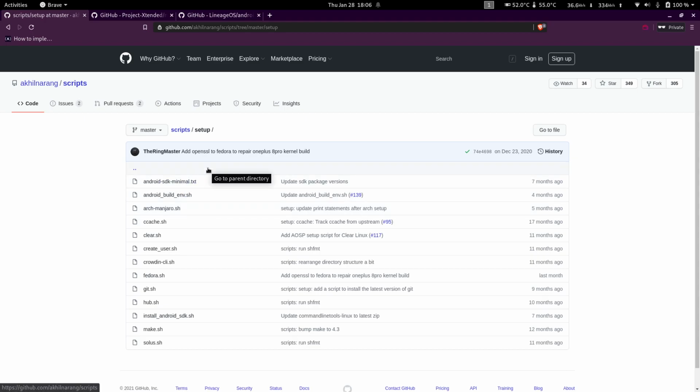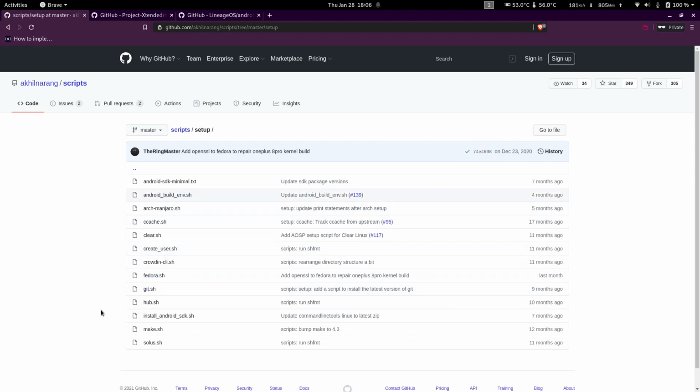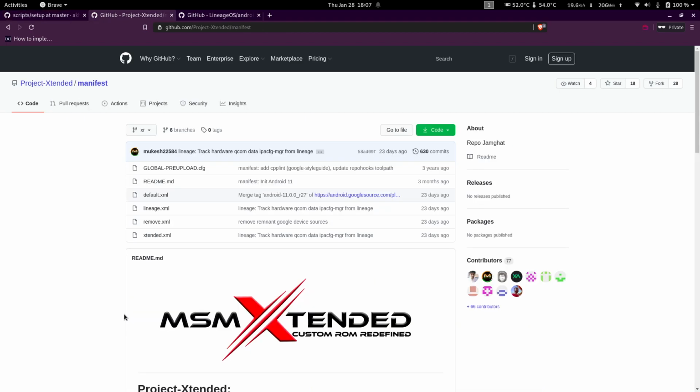So what I would recommend is to just clone this repository. It's github.com/akhilnarang/scripts, and in the setup folder you have scripts for different Linux distributions. This one is for Ubuntu, similarly this is for Arch, this is for Clear Linux, and so on. So yeah, you basically need Linux to compile a ROM.